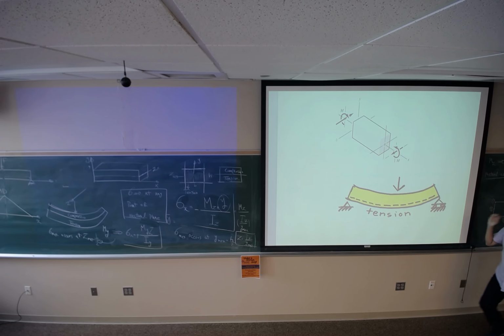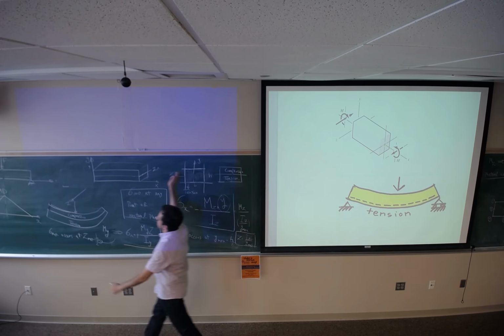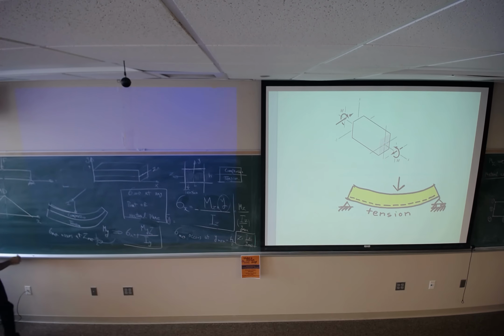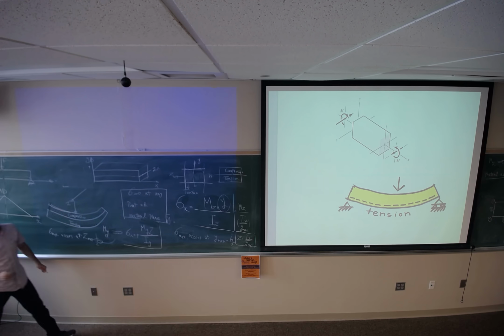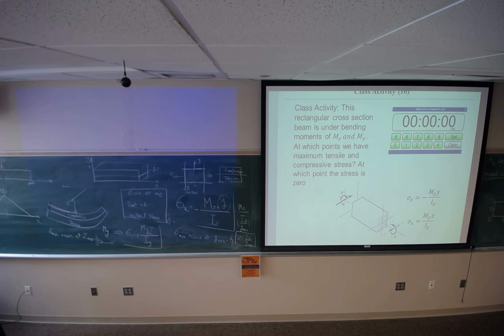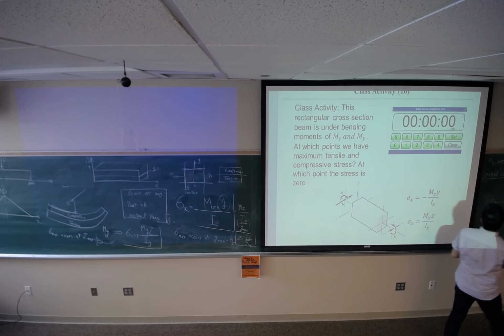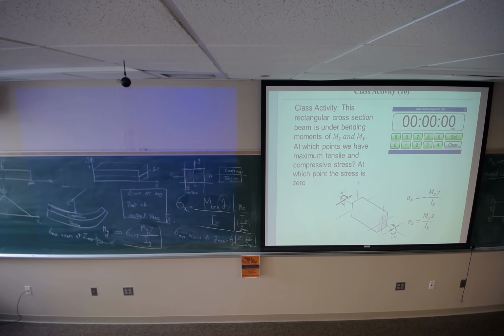These are 9 points on this critical section of the beam. If this is under MZ and MY, it's under both bending moments. Tell me which points are going to see the maximum